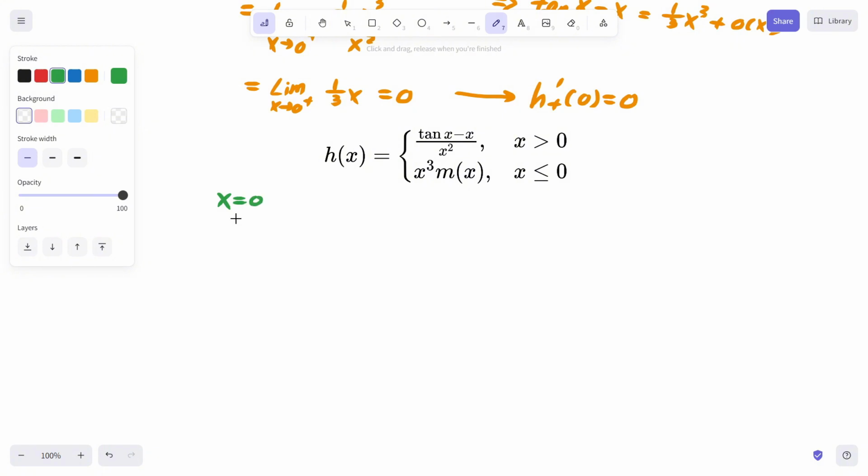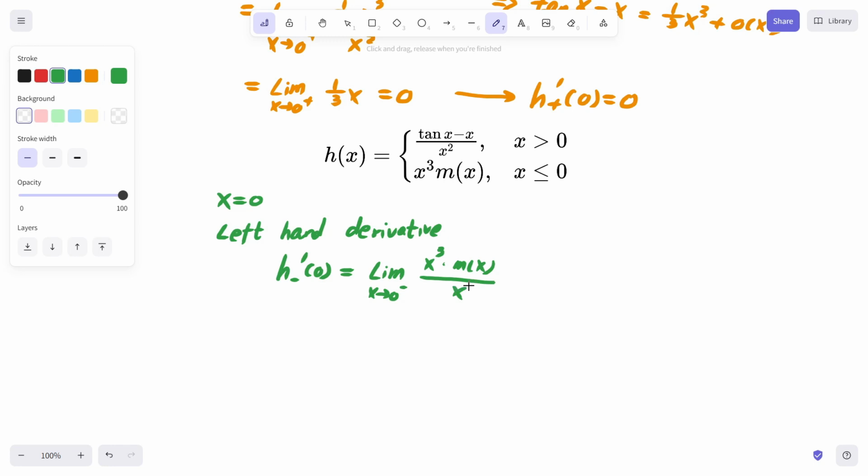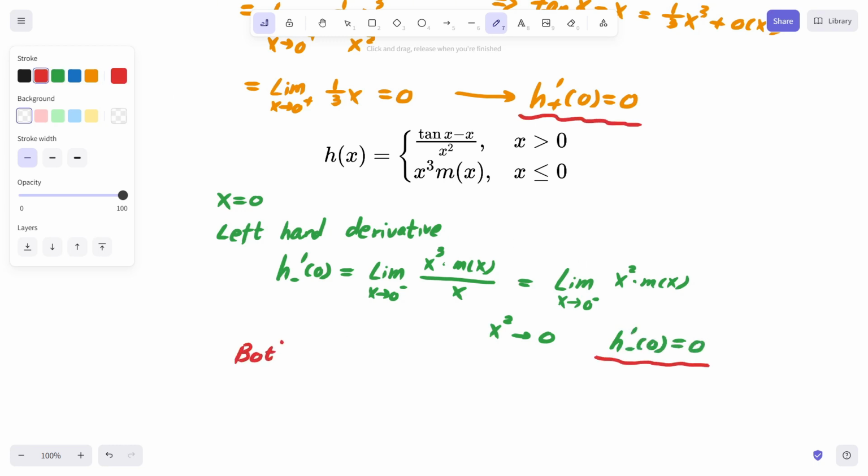Now for the left-hand derivative, we compute the limit as x approaches 0 from the negative side of h of x minus h of 0, all over x. Since h of x is x cubed times m of x, and h of 0 is 0, we simplify the expression to x squared times m of x. As x approaches 0, x squared goes to 0, and m of x remains finite since it's continuous. So the limit is 0 again. Because both one-sided derivatives at 0 exist and are equal, the derivative of h at 0 exists